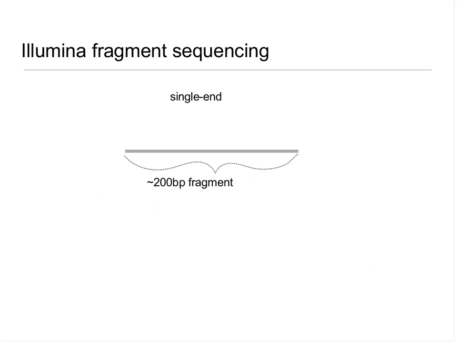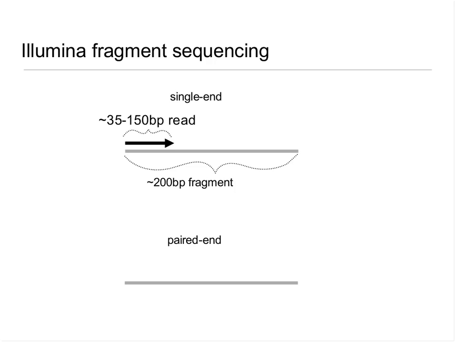So I told you before that what we're actually sequencing are the ends of these cDNA fragments. Each fragment is typically 200 to 300 base pairs long. And what the sequencer is doing is actually just reading off one end, in the single end case, of this fragment. And that piece that we read off is called the read, and that's usually much shorter than the fragment itself. We also have data called paired data.